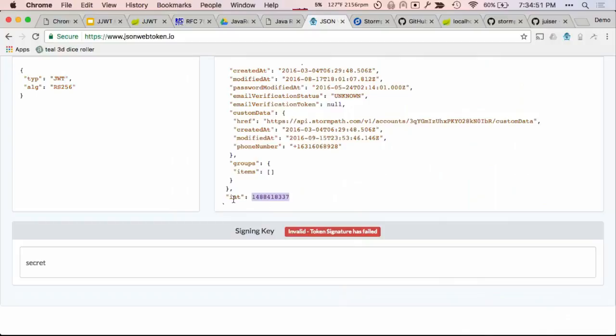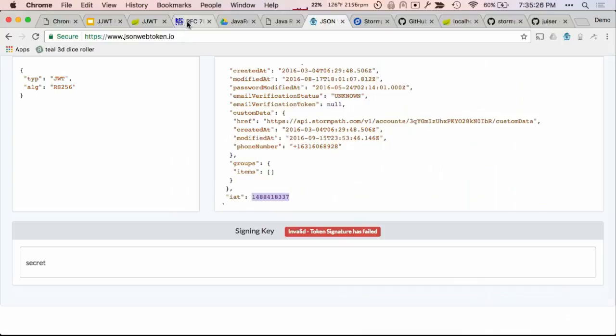In the world of JOTs, these are called claims. The key value pairs, the key is called a claim. So an EXP claim says when this JOT expires, and any spec compliant parser has to respect that expiration. So there's no extra coding that you have to do. If you have a spec compliant parser and there's an EXP claim and it's expired, that parser is required to blow up. But if you didn't have a high degree of confidence that it hadn't been tampered with, then what good is the EXP claim if anybody can mess around with it?